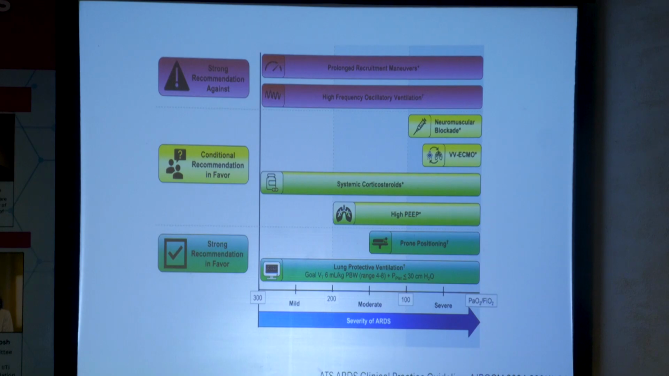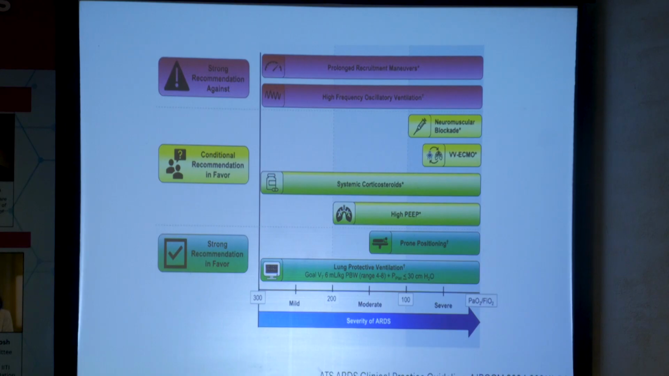The new recommendations in favor, conditional, the yellow, are for neuromuscular blockers. VV ECMO has now made it into the conditional recommendations, as well as steroids and higher PEEP. The bump up in steroids is really because of COVID-19. We all of a sudden had many cases of ARDS, which happened to be steroid responsive in general because of the nature of viral pneumonia. I think it's a little bit strange to recommend steroids for all ARDS patients based on the COVID evidence, but